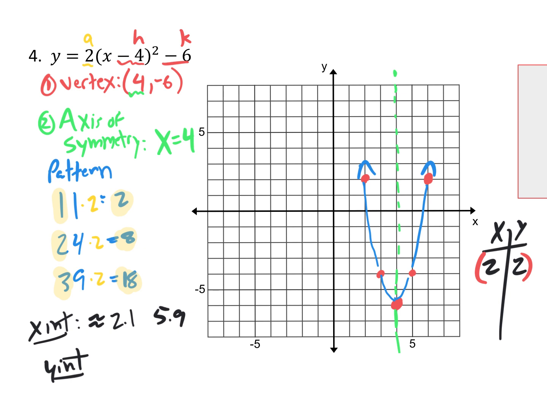What if I asked you for the input of, like, let's say 1, 2, 3, 4, the input of 4? What's the output going to be? Negative 6. If I ask you for the input of 5, what's the output going to be? Negative 4. Input of 6, what's the output going to be? Positive 2, right? So it's a waste of time to actually make an input-output table and start plugging in and pulling out answers because you already have your graph. The problem is if I said, what is the input of, let's say, 7, right? Well, the input of 7, it's going to be somewhere up here,